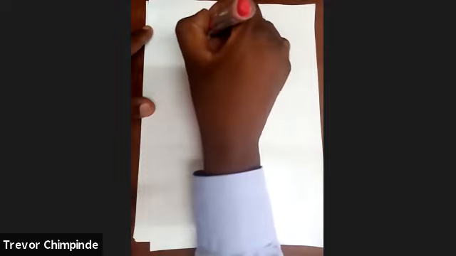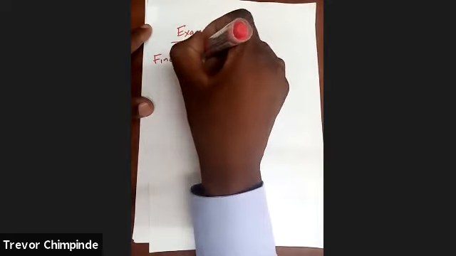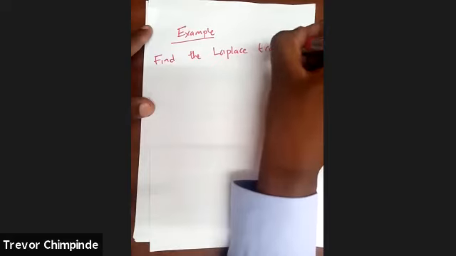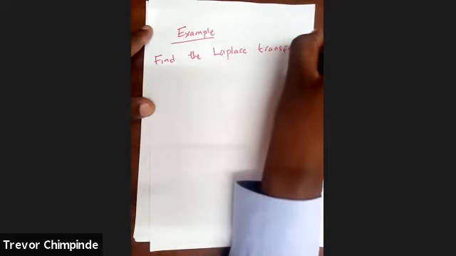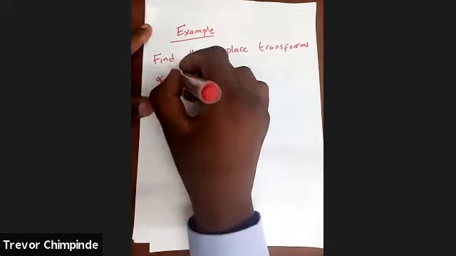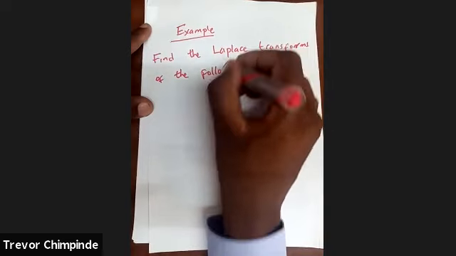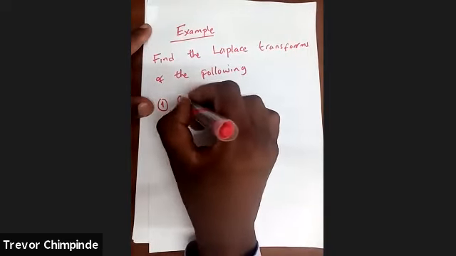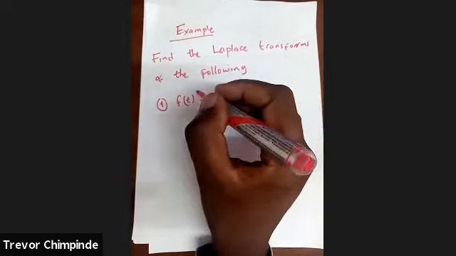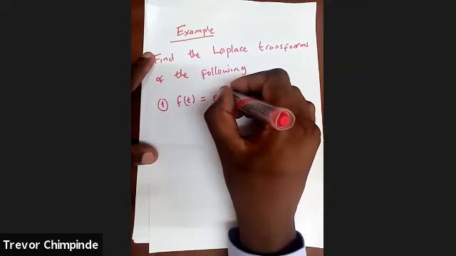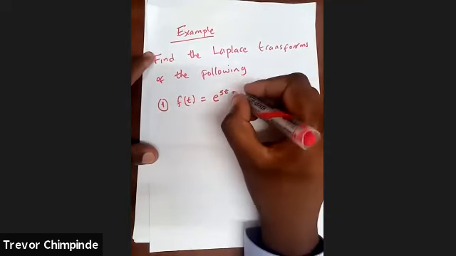So the examples that are following: find the Laplace transforms of the following functions. So the first one, f of t, is say e to the 5t, and we're multiplying this by